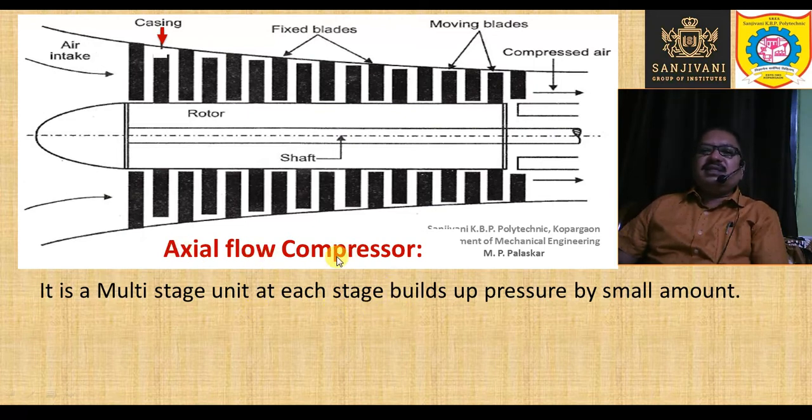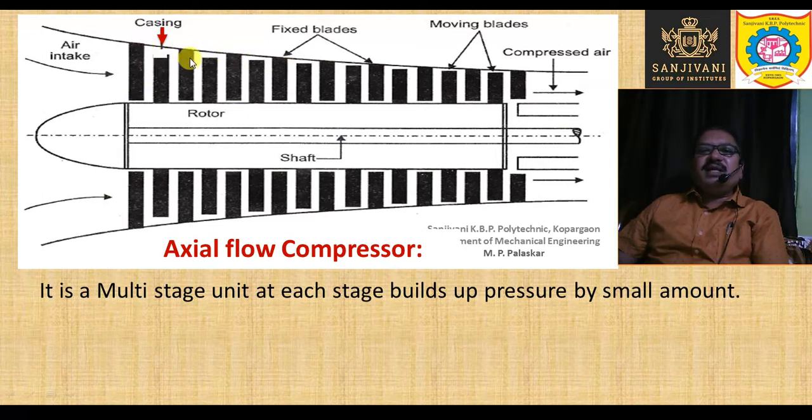So you can see this is the axial flow compressor. This is the diagram of the axial flow compressor. Previously we have seen the photograph, but this diagram gives you a clearer picture regarding the construction of the axial flow compressor. You can see here that this curve indicates the casing of the compressor. Inside the casing, on the inner surface, the blades are mounted, and these blades are called the fixed blades.